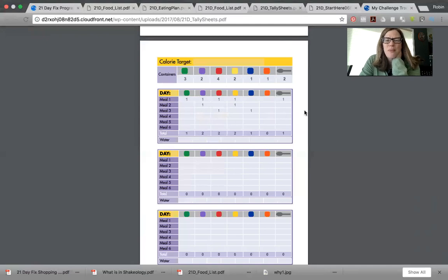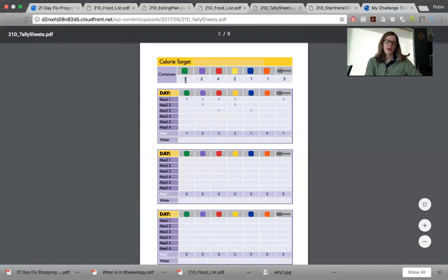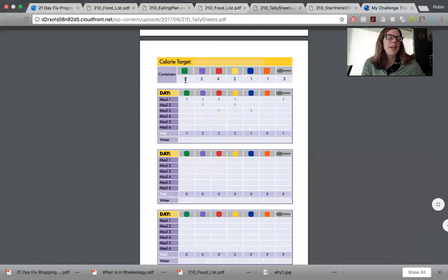It's like, what am I going to make out of that? So that's the trouble I would run into, is my purples, my yellows, my blue would be gone early. And then I would have basically greens and reds left at the end of the day. And sometimes, depending on what meal plan I'm on, like right now, I think I am on maintenance plan D